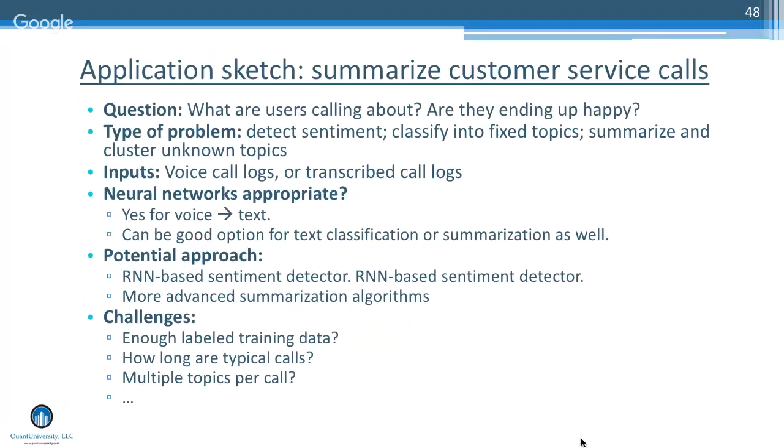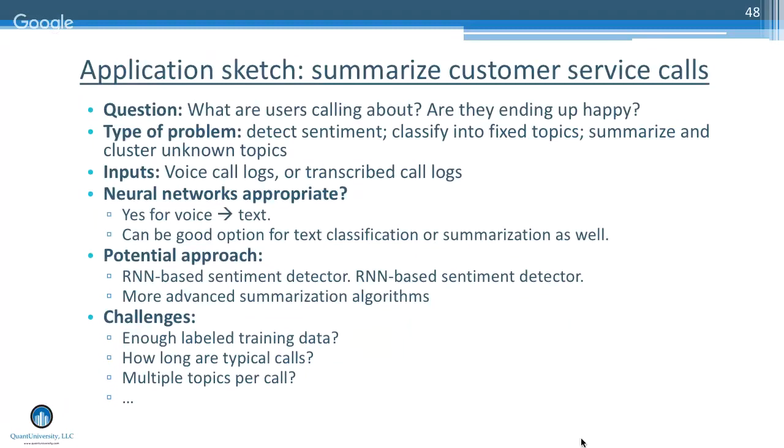So a couple of possible applications are just sentiment analysis, like we were doing for our reviews. So look, the people seem to have good experiences as they called in. Another is trying to understand what the actual topics of conversation were. Here are our biggest problems, for example, that people keep complaining about. So your input is either voice or possibly transcribed text. How would you, would neural networks be a good solution?